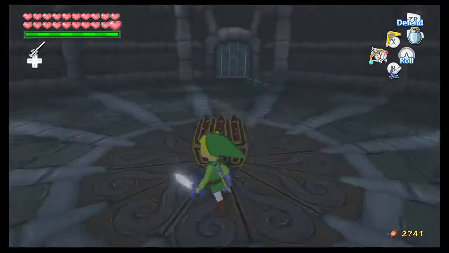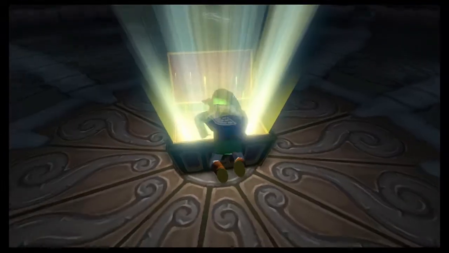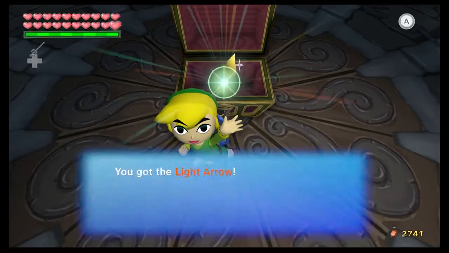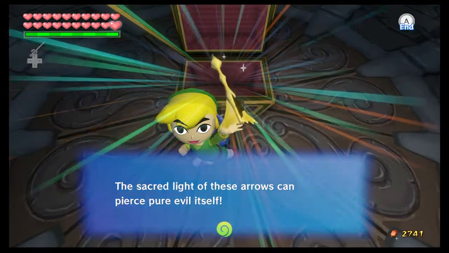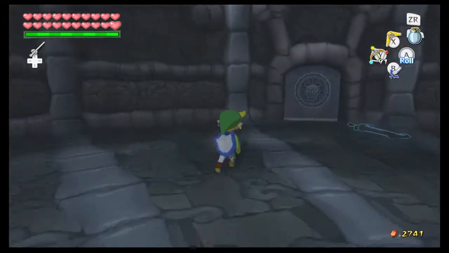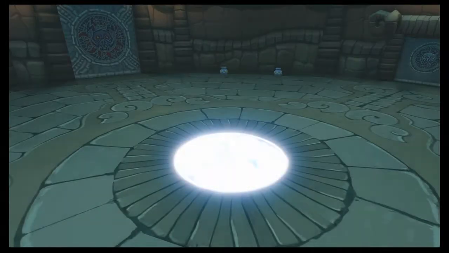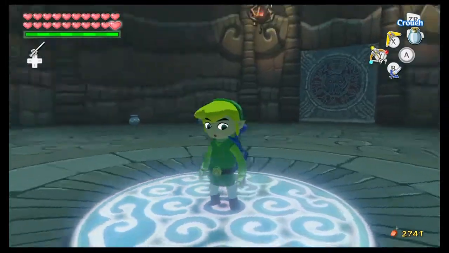So, what could possibly be in this chest? Geez, if it's in the darkness, then it's probably not anything worth getting. Nope, it's the light arrow, the most powerful weapon in the game. This one-shots enemies. It uses a lot of magic, and it's just another way to go through and use the arrows. And when we arrive back here,